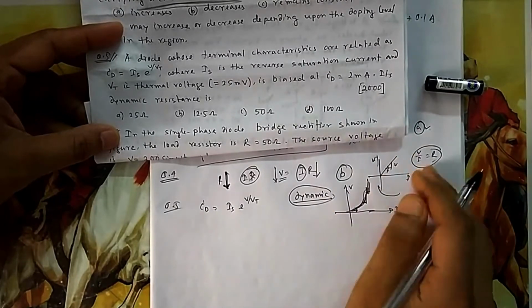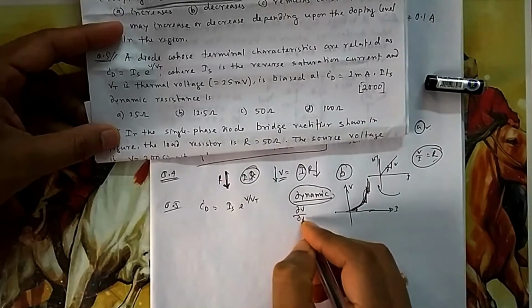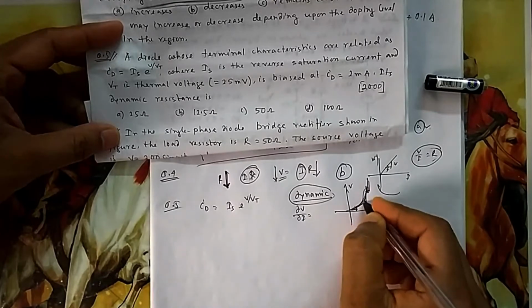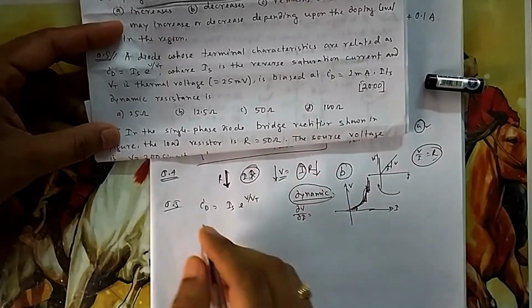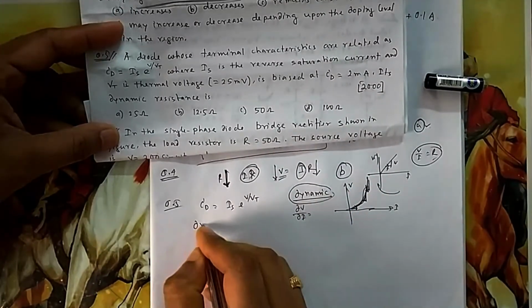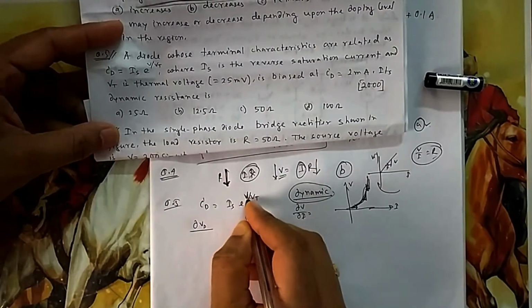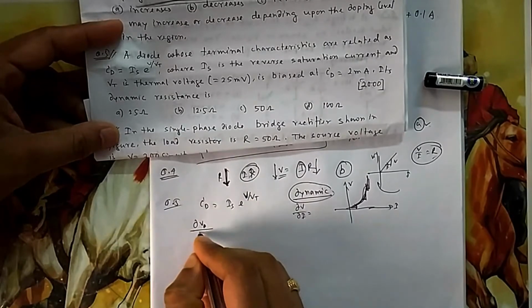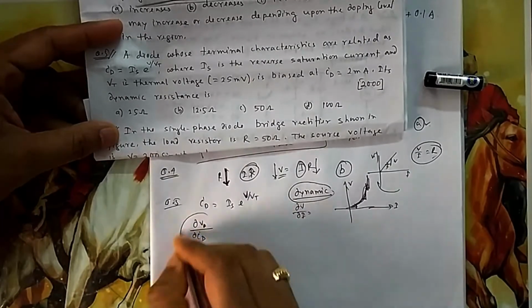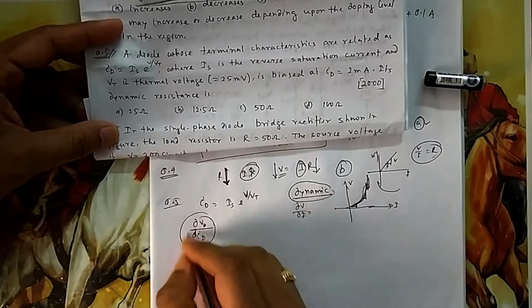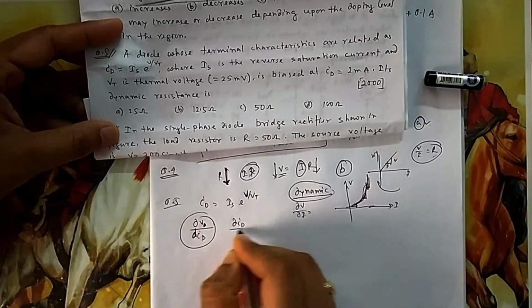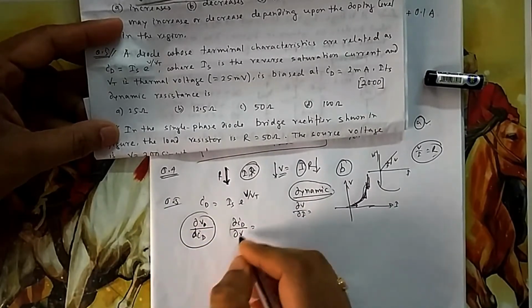So normal it is V by R, so dynamic is dV by dI, that's it. You differentiate at that particular point, find the slope. So it will be dV, the voltage across the diode, divided by dId. This voltage V is the variable, and dId, you need this one. So let me calculate the reverse one, because the first order derivative can be taken in reverse. So dId by dV, let me take this one, then I will reverse it.